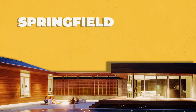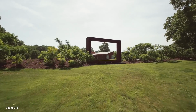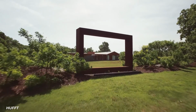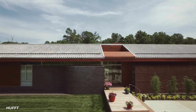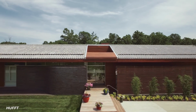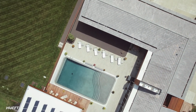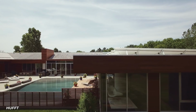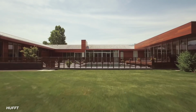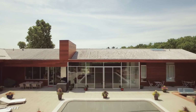Let's head now to Springfield, Missouri to visit an eco-friendly home that is well ahead of the curve. At first glance, the outside of the curved house looks kind of flat. Oh no, wait, there's the curve. This unassuming 7,800 square foot home is all about style and a distinctive curved character. A signature wall gently curves in two places, signifying both the primary entrance and the western wall of the pool